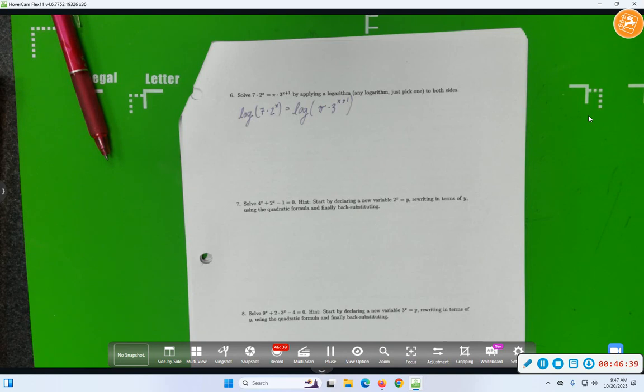I see multiplication in each of those logs. What happens to multiplication when you do a log? What happens to multiplication inside a log? It becomes